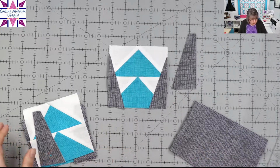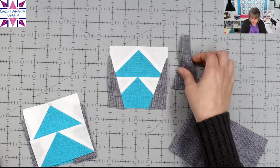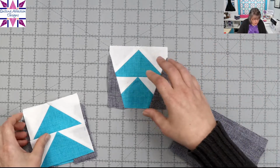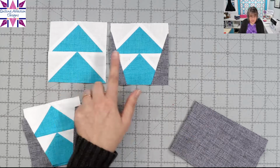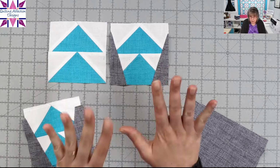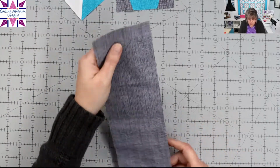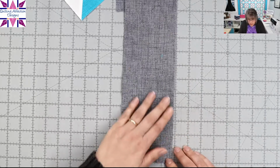So this is the unit we're going to be basically trying to make here. And these are the replacement triangles. I'm going to show you that in a second. So this is what your Flying Geese unit looked like before and after. So that's what our goal is, to change this up. So what I want to do now is show you how to get the replacement triangles